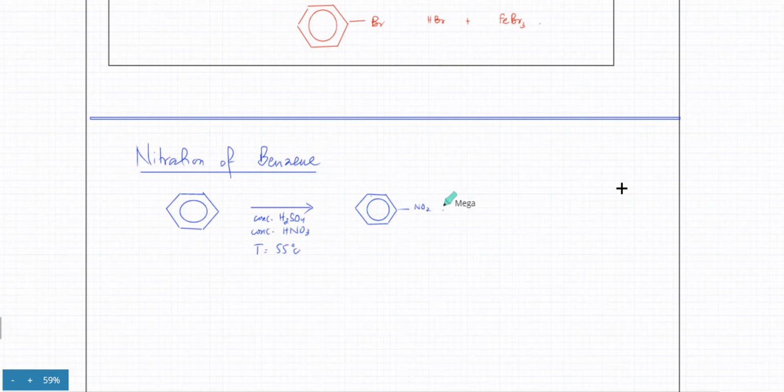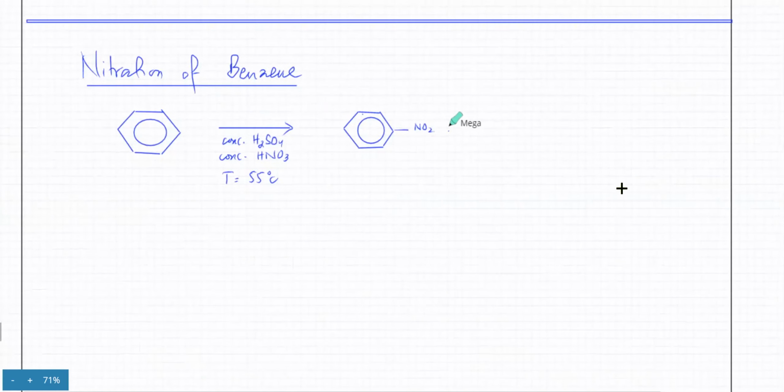So NO2 के साथ वो substitute हो जाएगा, and that's pretty much it. Bromination में भी यही था. Overall, what's happening? One of the hydrogen is getting substituted by bromine. Achha, but in this case, the mechanism of this reaction, you can be asked about the mechanism of this reaction,